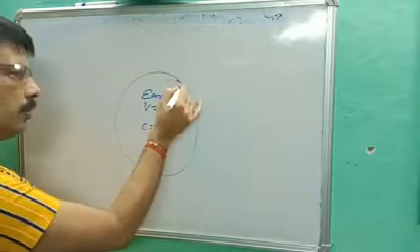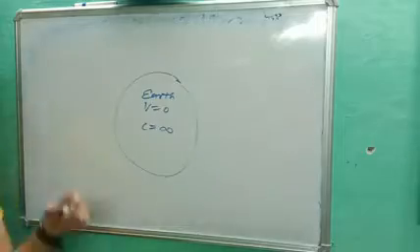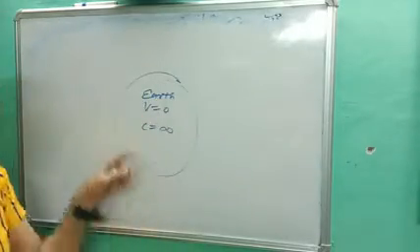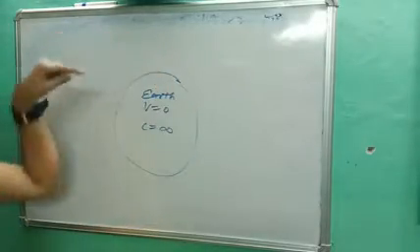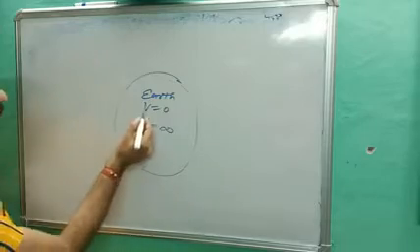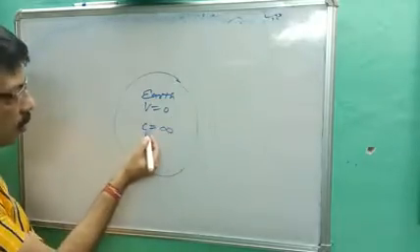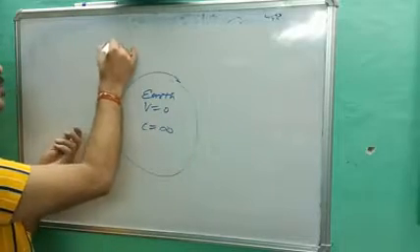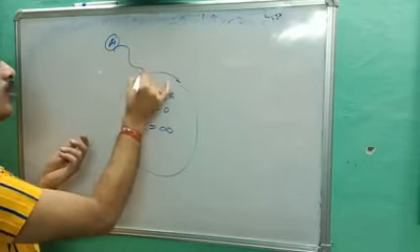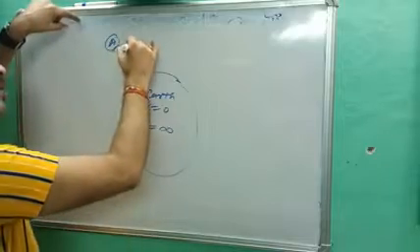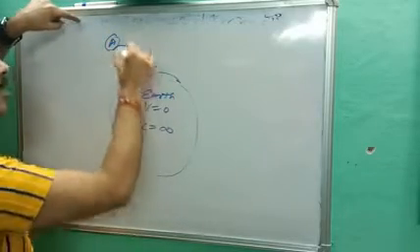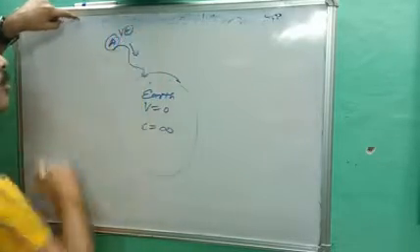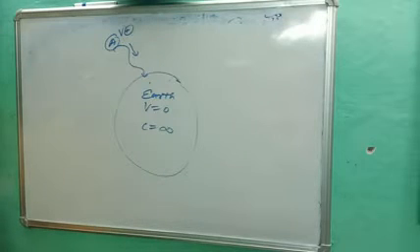If you try to measure the potential of any body, you have to connect the body with respect to earth, keeping in mind that the potential of earth is always 0, and if potential is 0, its capacitance will be infinite. Let us suppose body A is connected to earth, and if charge is drawn from the body to earth, then the body is said to be at positive potential.